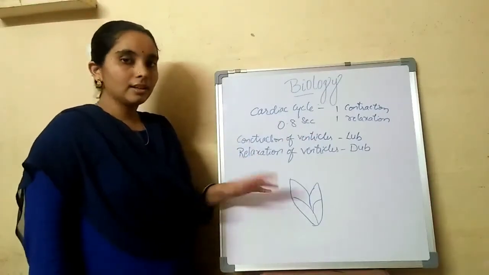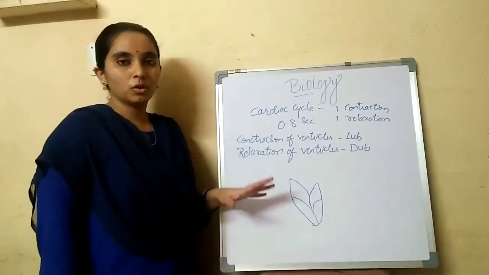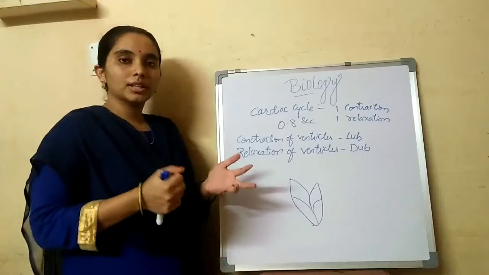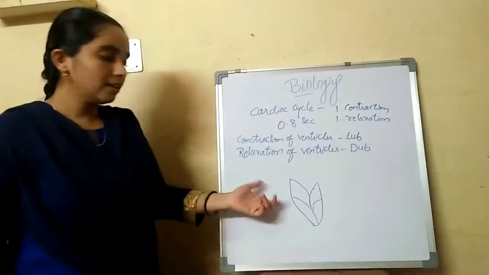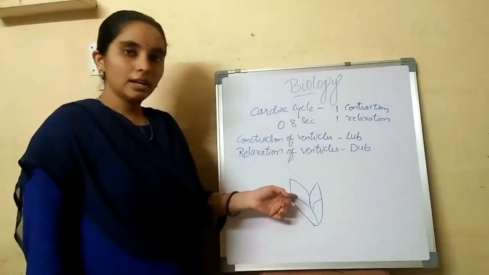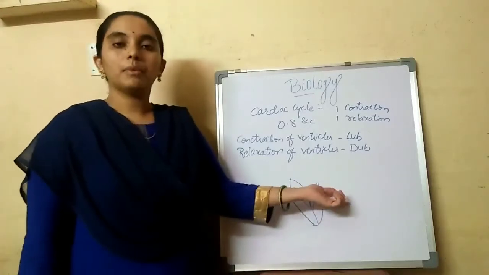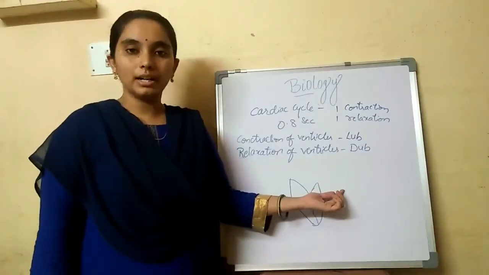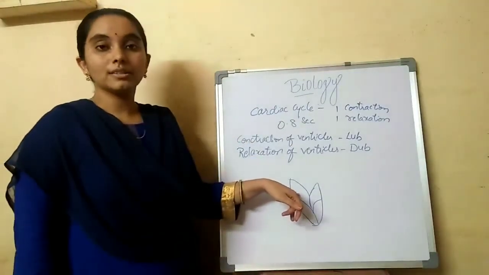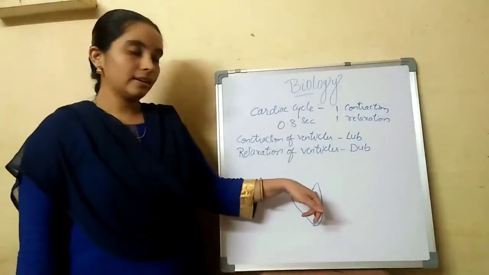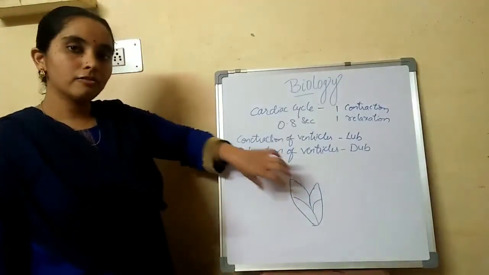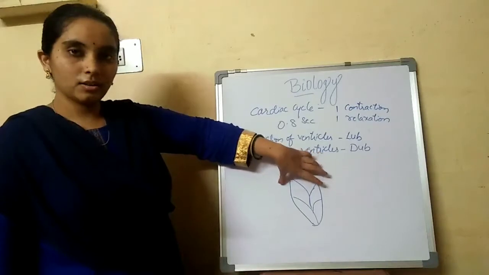So let us think the heart is in the relaxation mode. That is, the heart is expanded and it is empty, so that the blood comes into the heart. So when the inferior vena cava and superior vena cava collect the blood, they give the blood to the atrium. And the same way, pulmonary veins collect the blood and give it to the left atrium. So the atrium now is in relaxation. So when atria are relaxed, the blood flows into the atria, and when the atria are full with the blood, then the atria get contracted.